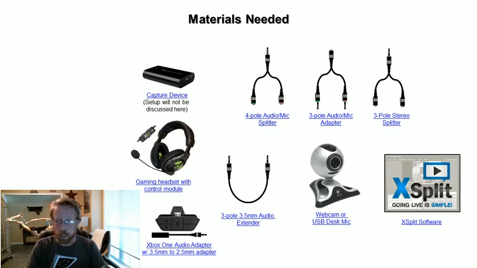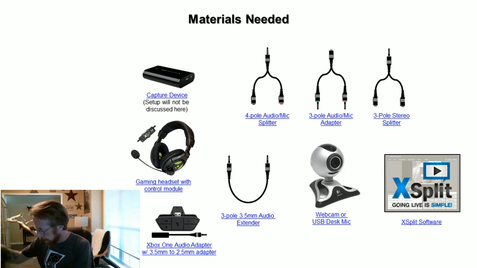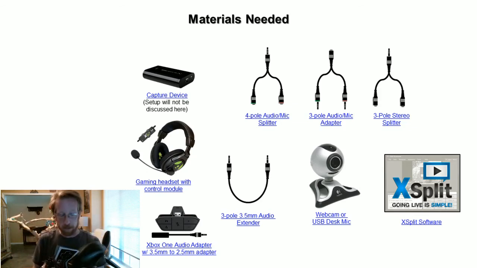The third one is your just typical 3-pole stereo splitter. Make sure it's stereo. For some reason, I have gotten mono ones and I was setting this up and they didn't work. Okay, the other thing you're going to need is a Xbox 360 era style headset. That headset has to be like, these are the X12s, and they have to have one of these little